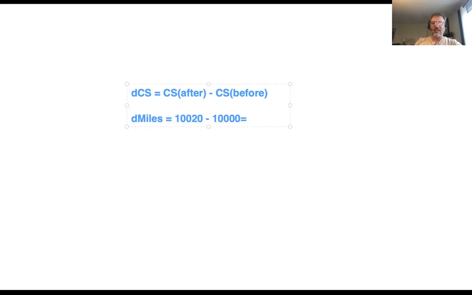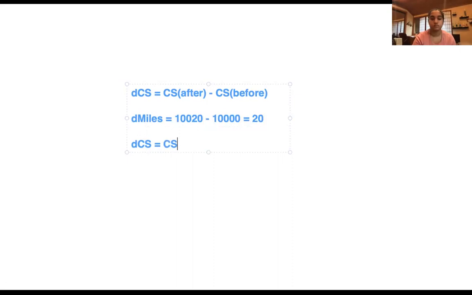And so the change is the difference between those two numbers, the after and the before, and it's 20, right? Well, in our case, the change in consumer surplus is equal to the consumer